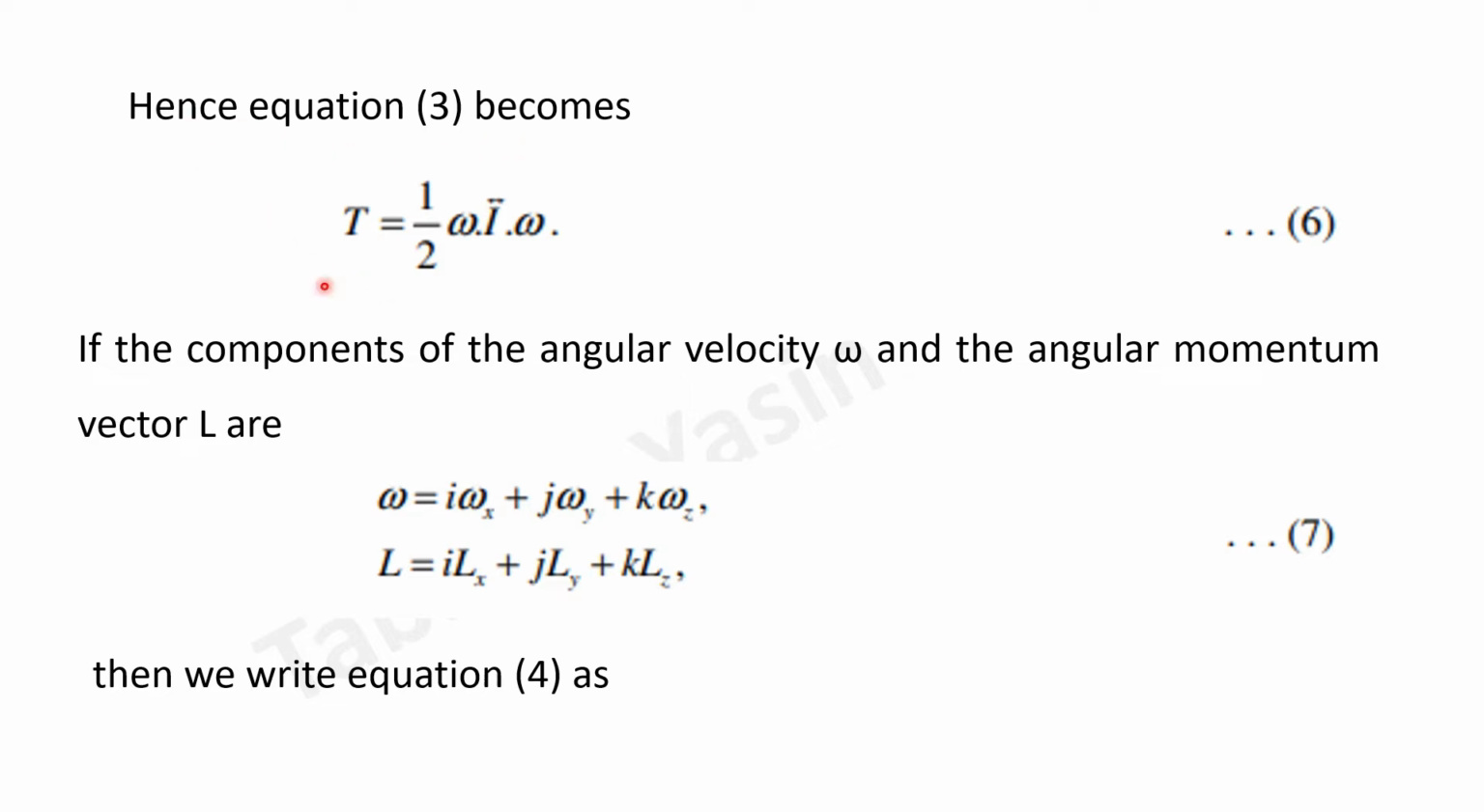Hence, equation 3 becomes capital T is equal to 1 over 2 omega I double dot into omega, and that is equation number 6. If the components of the angular velocity omega and the angular momentum vector L are written in component form, omega is equal to omega x i cap plus omega y j cap plus omega z k cap, and L is equal to Lx i cap plus Ly j cap plus Lz k cap. Both of these are equation number 7. Then equation 4 can be written as,